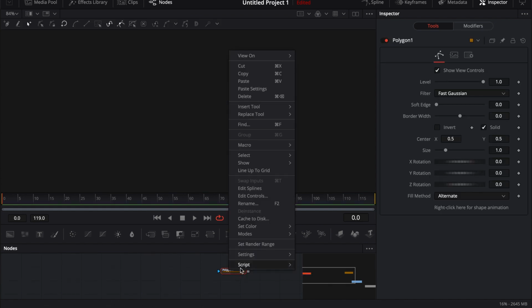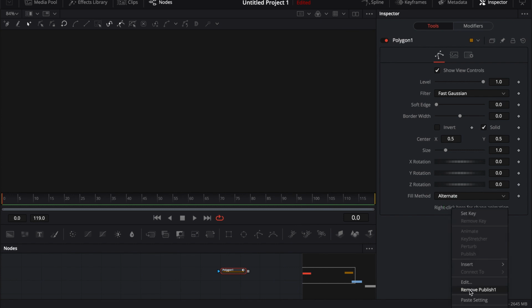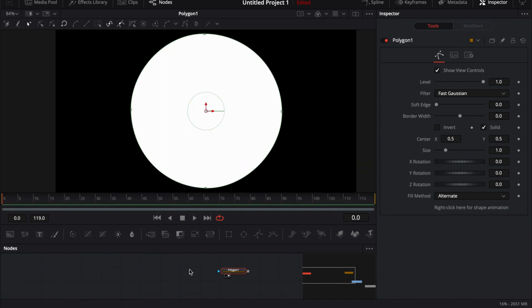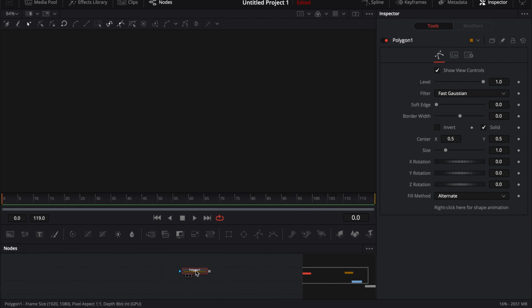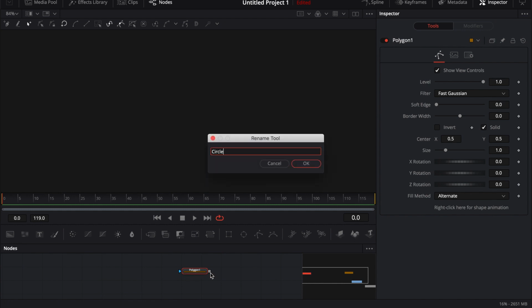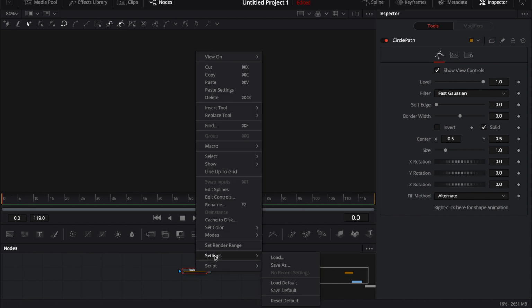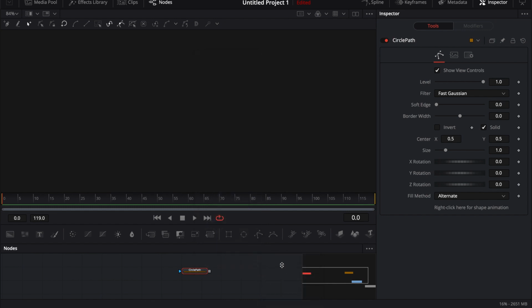Come back to the polygon, and I'm actually going to remove this publish. You can just leave it published either way. Now I know what you're thinking. Well, what if I don't want to do this every single time? I just want a circle. So you don't have to actually. And there's a really easy thing. Say if you come over here and you rename it, we'll just call it circle, or circle polygon, or circle path maybe. Hit OK, right click, come into the settings, and then you can save as,